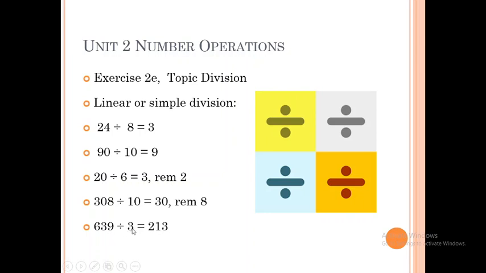Now look here, 639 divided by 3. Divide each number one by one. 6 divided by 3, 3 twos are 6. 3 divided by 3, 3 ones are 3. And 9 divided by 3, 3 threes are 9. So when 639 is divided by 3, you will get the quotient 213. It's very simple, without any remainder. Simply you can divide verbally. No need of working. Such types of questions are given in the objective exercise.